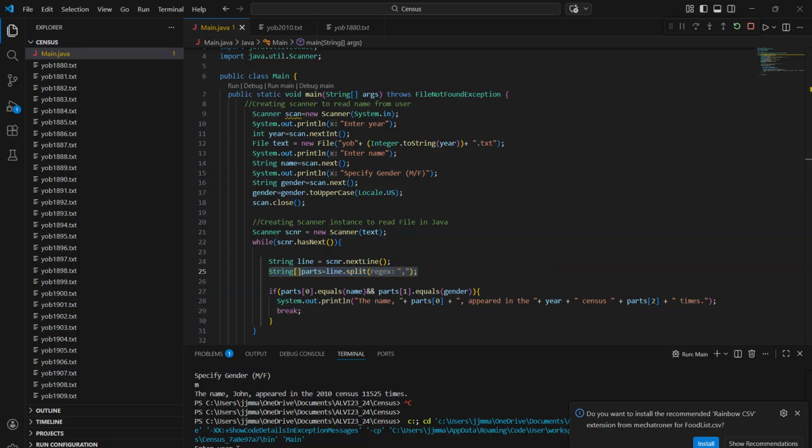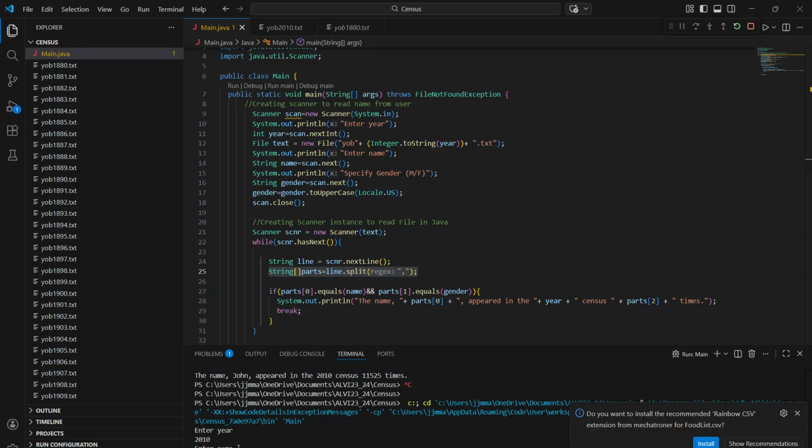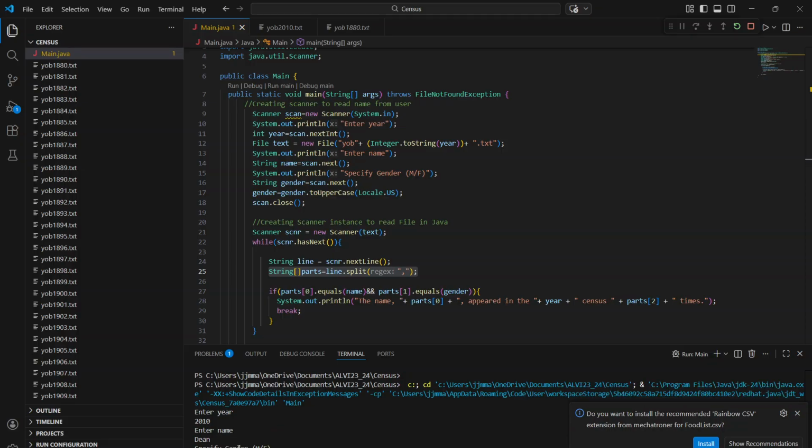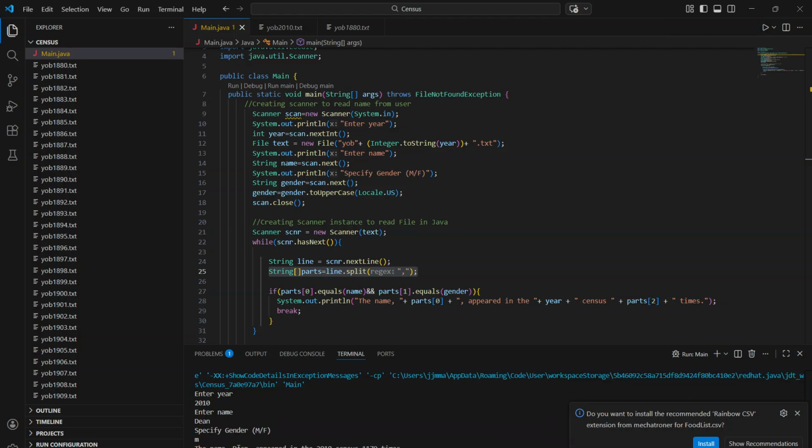Okay, so we'll enter the year, which is 2010. And we'll enter the name we used in class last night, Dean, one of our classmates. And we'll specify the gender. Again, I'll just hit lowercase and it will be converted to uppercase. And we'll say the name Dean appeared in the 2010 census